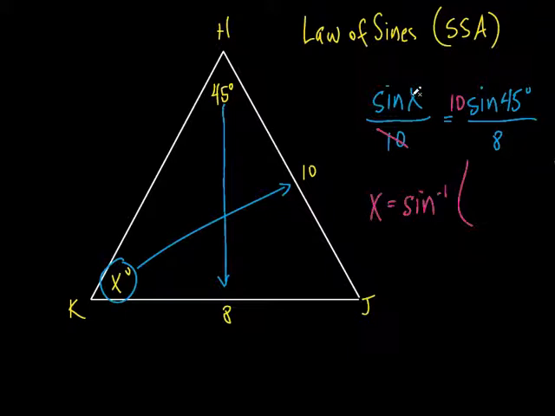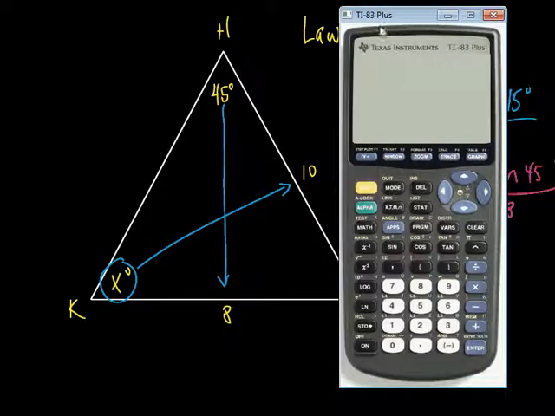And we've done that before. That's not new, right? We've done that with the trig functions. When we found an angle, that's when you do the inverse. So when we find an angle, that's when we do the inverse. So I'm going to write 10 sine of 45. Practice this on your calculator. And we've talked about how to do this stuff on your calculator before